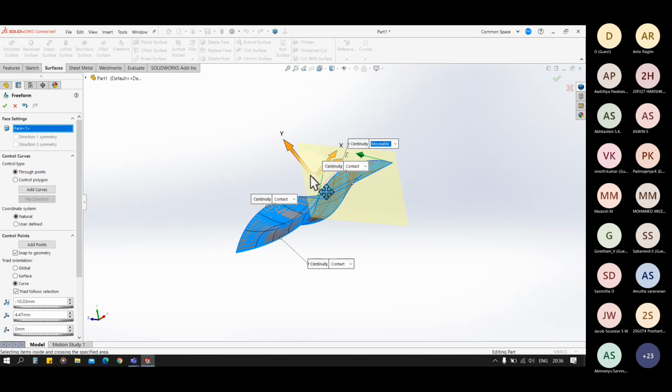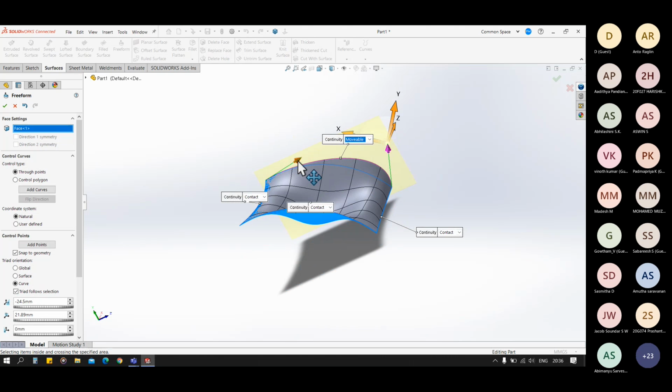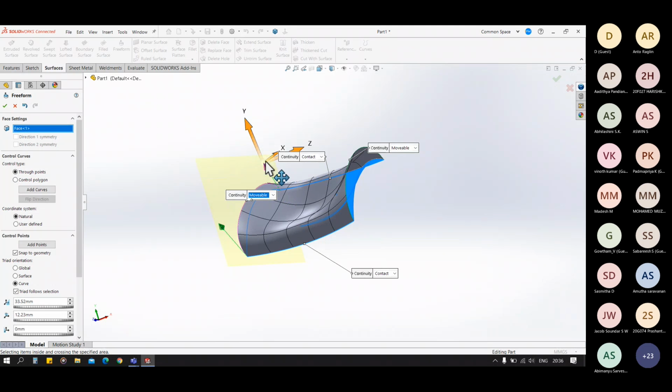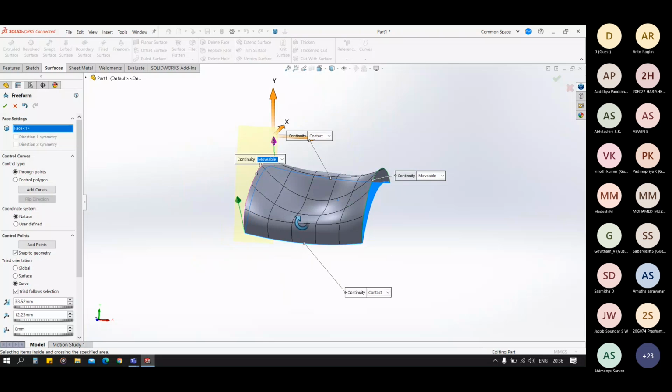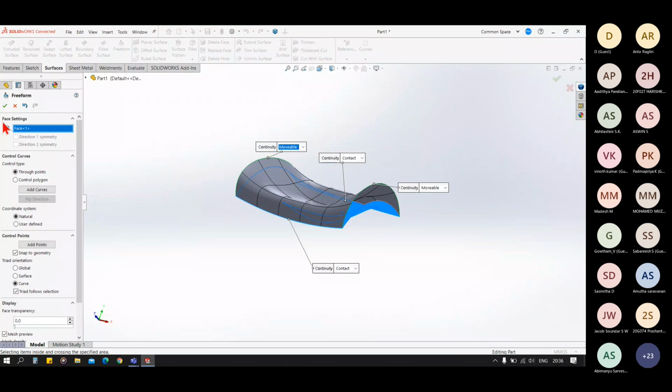You see, we can move these points to change our surface. You can change this contact to movable. You see, we have tangents. So when we move the tangents, we have a change in shape.